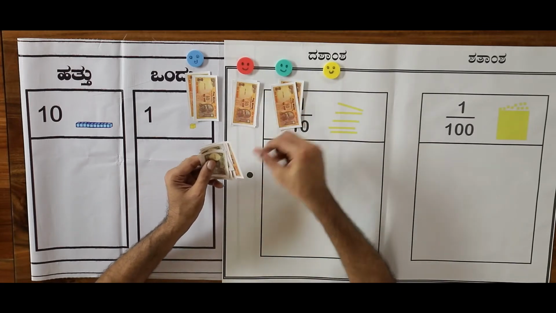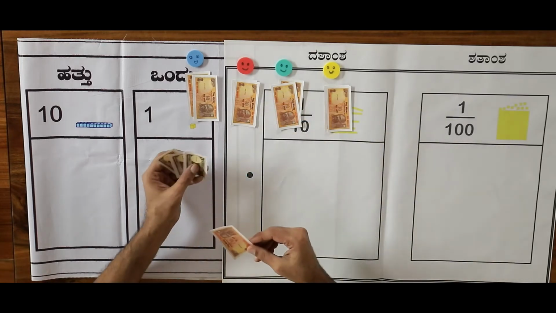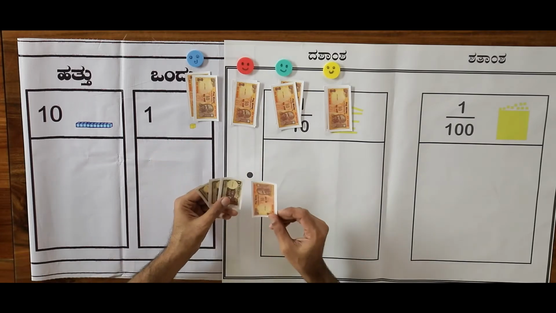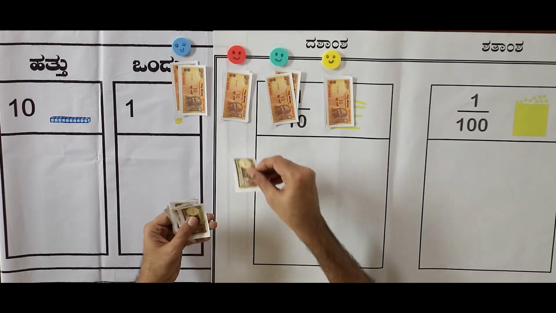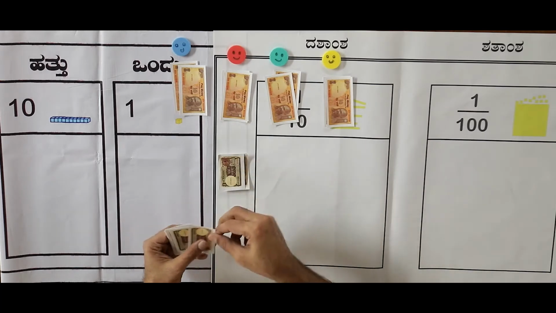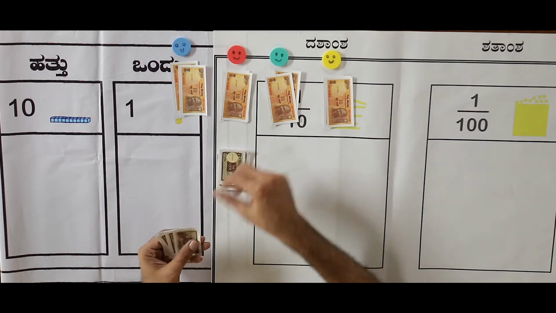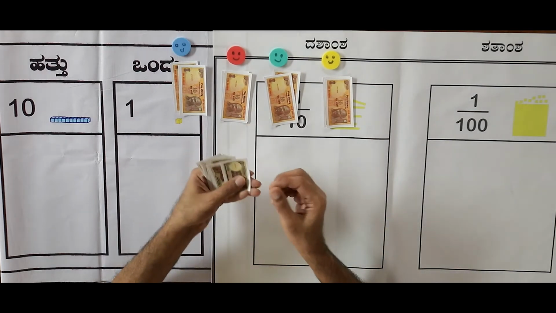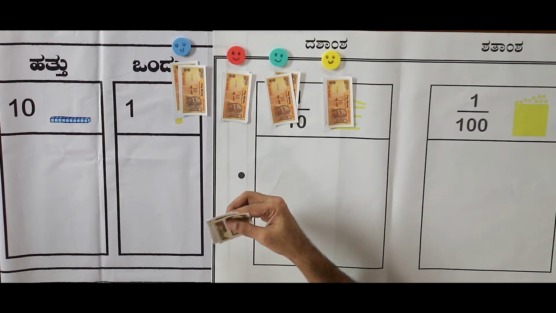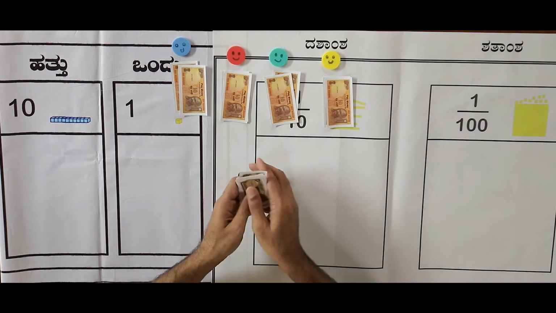Can everyone get 10 rupees? 1 is left. And 3 single rupees are left. If I go to the bank with this, how much will the bank give me? From the bank, 1, 2, 3, 4, 5, 6, 7, 8, 9, 10. For one note of 10, I got 10 one-rupee notes. I already have 3 left from the 93. So I have 13 rupees.